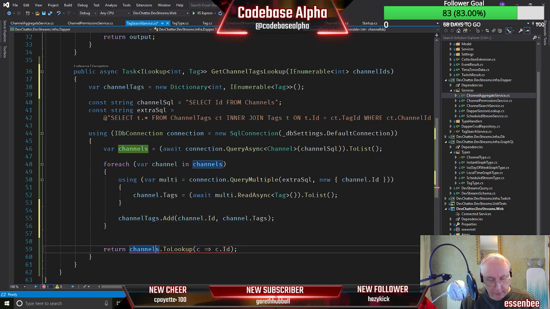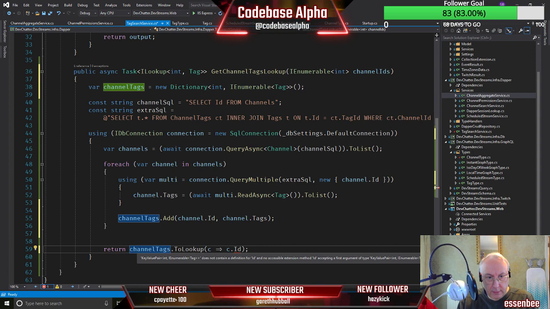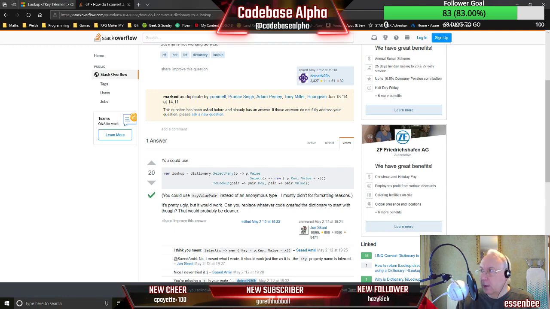And we want to return channel tags to lookup. Can we do that? So it doesn't contain ID. So let's go back to that bit of code which we saw. That seems like the best way of doing it. Fuel Stable, I guess my async question is this: if this is an async method, should we be able to use async? Should we always try to use async methods? I thought we were.